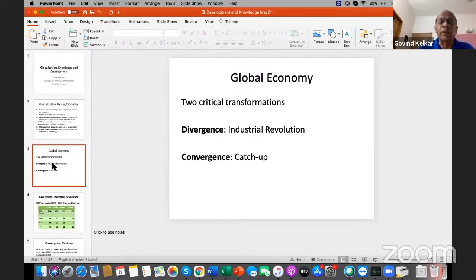Western Europe per capita income began to grow, while that of Asia stagnated or even fell. That is the period of what is known as the Industrial Revolution. Currently, we are in what some people call a great convergence, where there is a catch-up. You can see the catch-up, particularly in the case of, as we will see later on, a country like South